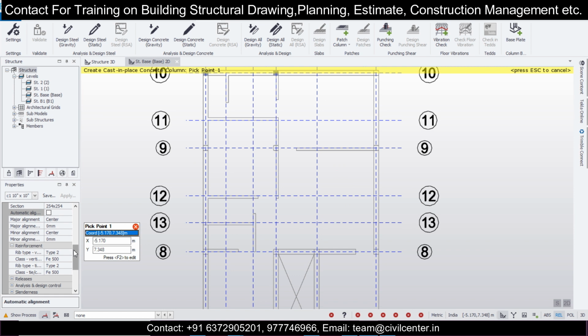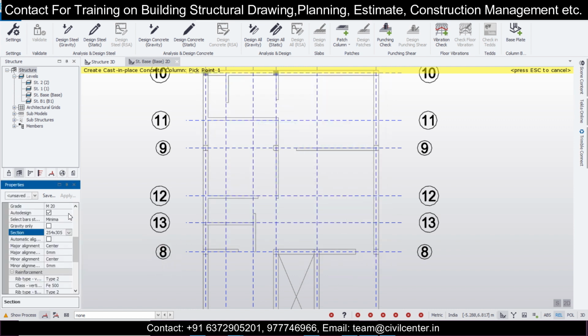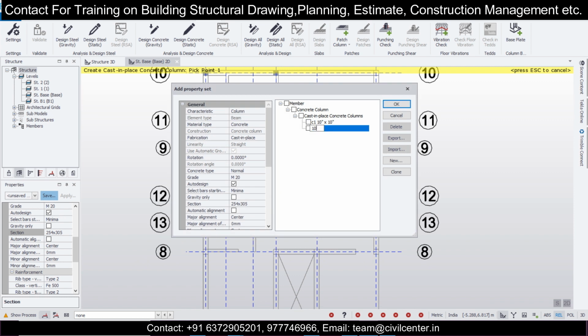So let's give a size here of the next size, that is we'll do here a size of 10 inch into 12 inch or even 14 inch. We might need to give it, we'll try 12 inch now. So 12 inch is exactly equals to, if you do 12 into 25.4, it will be equals to 304.8. So we'll do 304.8 here and save this. So here we'll save as 10 inch into 12 inch. I reckon that might get saved by 14 inch, but we'll try 12 inches first.